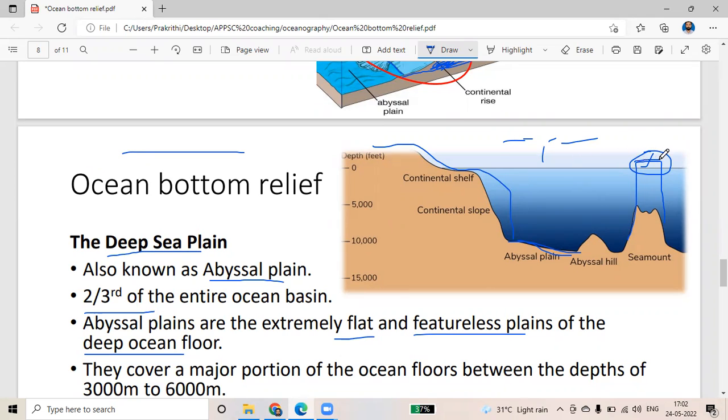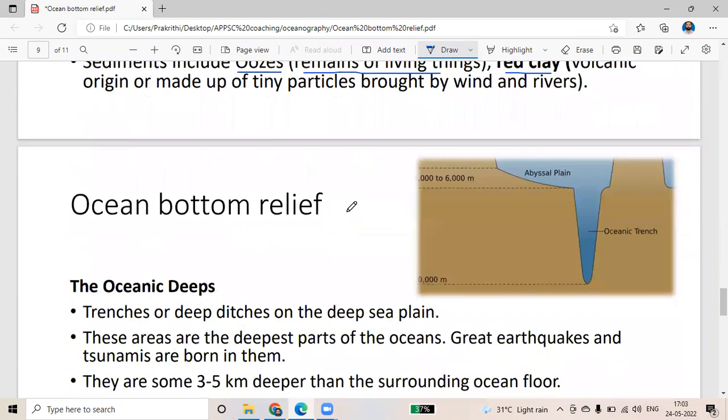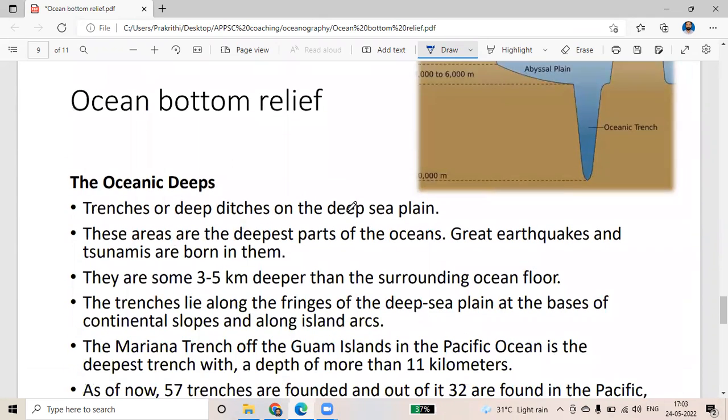And geodes means the flat shape, ऐसा flat shape mountains को we can say it as geodes। So all these come in deep sea plain. So deep sea plain, or abyssal plain, is not purely a flat area, it consists of certain other reliefs as well। Then finally the oceanic deeps or the trenches। Oceanic deeps include the trenches or the deep ditches on the deep sea plain।